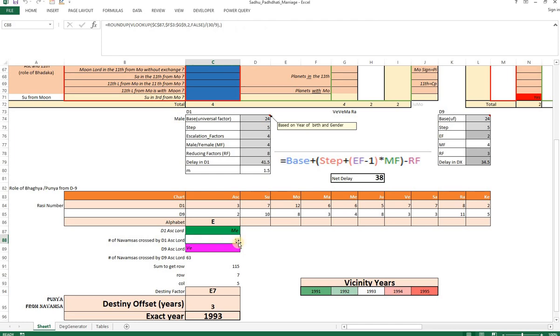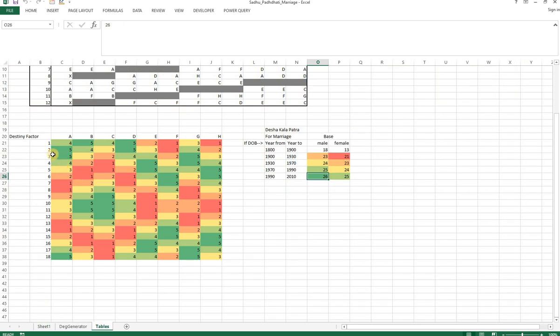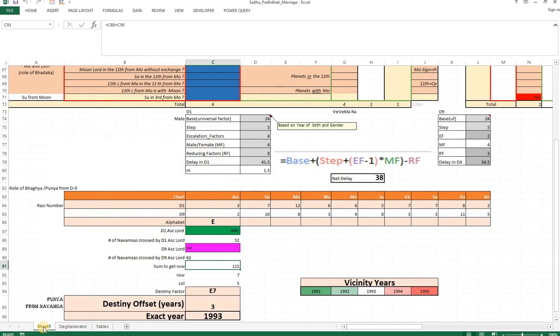52 Navamshas it has crossed. Totally there are 108 Navamshas. And 63 Navamshas is what Venus crosses. 52 Navamshas is what Mercury crosses, because based upon the D1 ascendant lord and the D9 ascendant lord, it will sum up both. And there is a table here. Based upon that, it goes through this table and pulls out a number. Before that, there is also another table which will